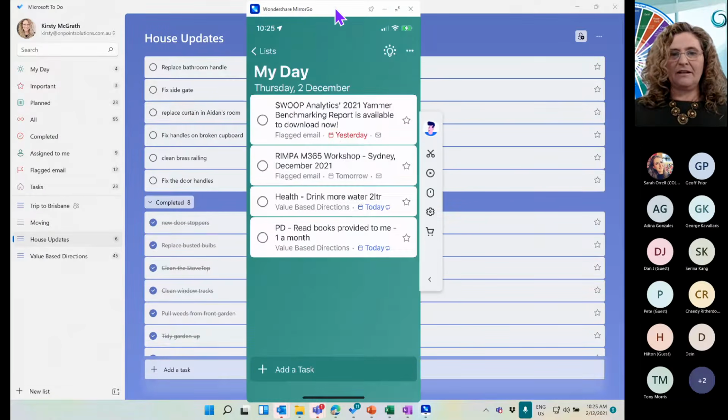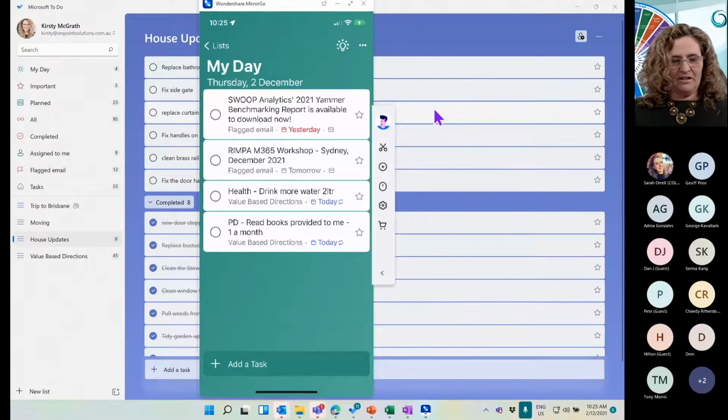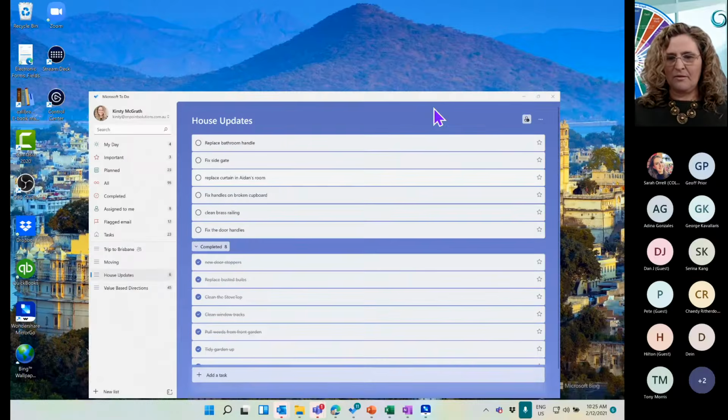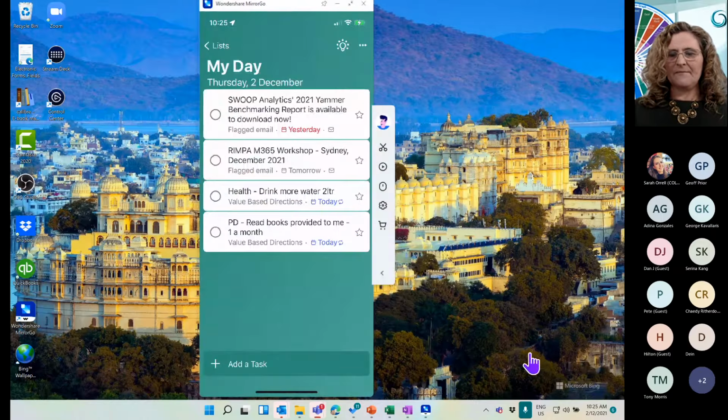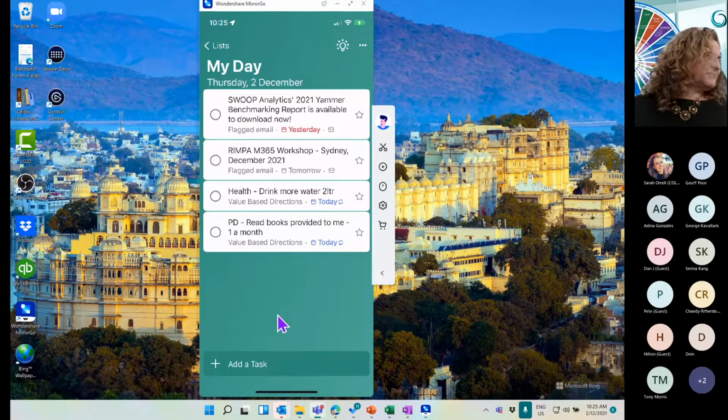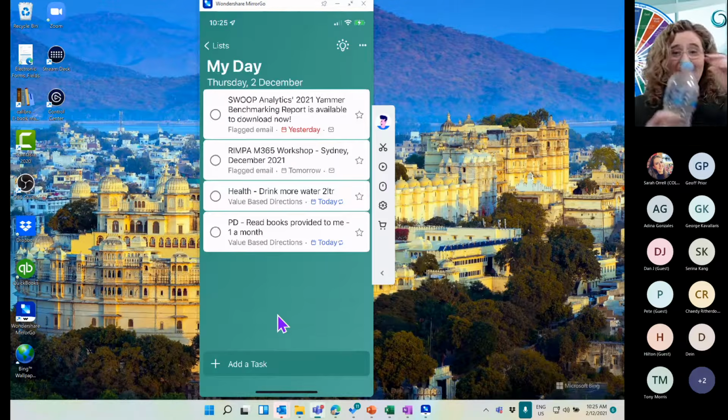Let's just minimize everything down and I'll bring it up so we can see it. I also have on my list a daily reminder, drink water. Hang on, there it is over there. There we go, see, drink some water. I'm going to be chatting away for a good hour, I'll get dehydrated if I don't. So drinking my water, yay, I've got to get through 2 litres. I've still got a long way to go for my day.